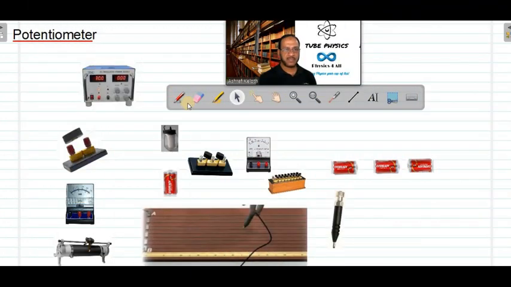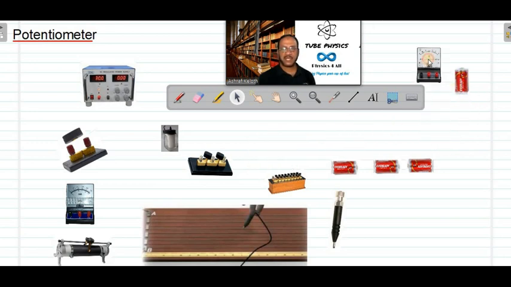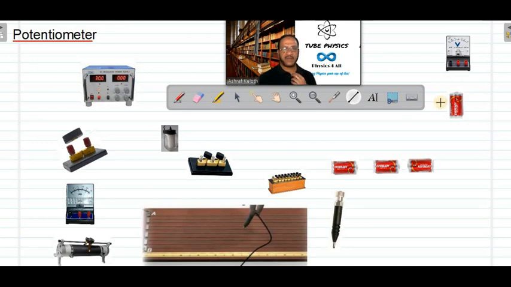Okay, today our discussion is about the potentiometer. A potentiometer is a device which is used for measuring EMF and potential difference accurately. You know from the previous discussion that by using a voltmeter we cannot measure EMF accurately. What is the reason? Suppose I have a voltmeter here and a cell. By using this voltmeter, is it possible to measure EMF accurately?